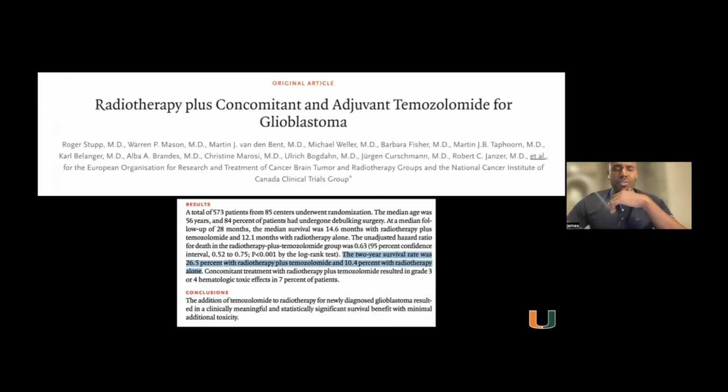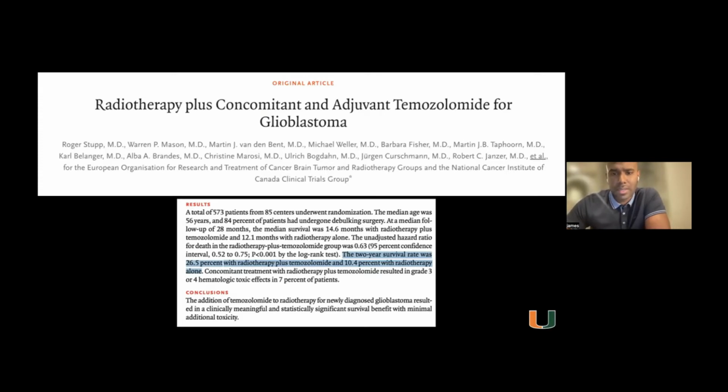So then that's surgical. And then this is something that we hear about all the time. The Stupp Protocol was actually a very important paper. It was published in the New England Journal. It showed the 2-year survival rate in patients treated for GBM with surgery. They looked at a group with just radiation therapy and then radiation plus temozolomide. And they saw that those with temozolomide in addition had a 26% higher